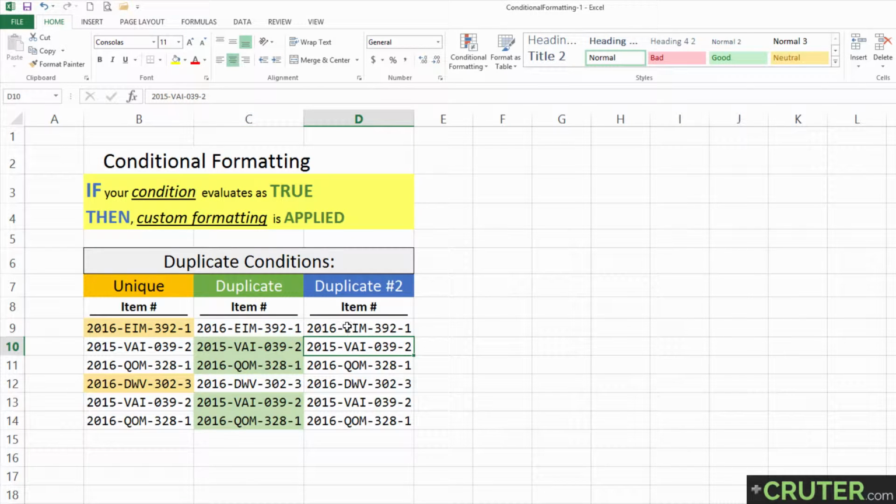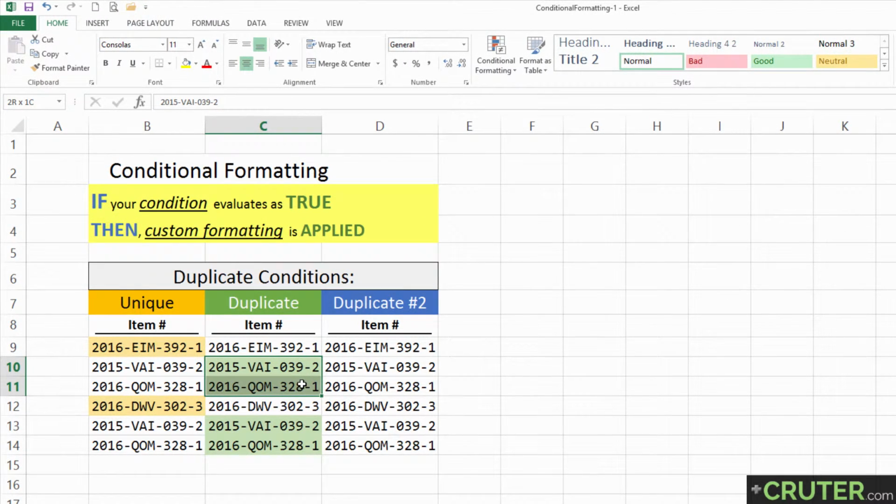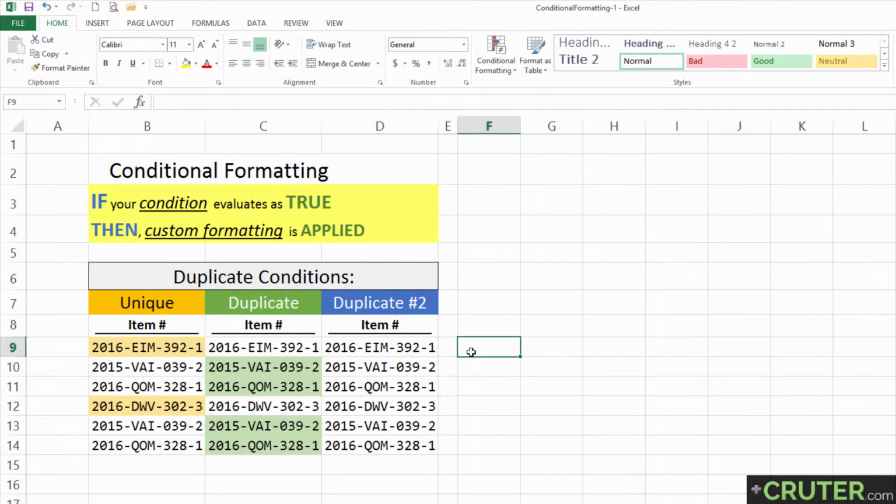Now this is where it gets a little bit tricky. I don't want to highlight all the duplicates. I just want to highlight the items that made it a duplicate, which would be the next in the list. So don't highlight these, but highlight these. Now this is a formula. It's actually kind of tricky, but let's go ahead and write it, and then we'll get started with writing formulas